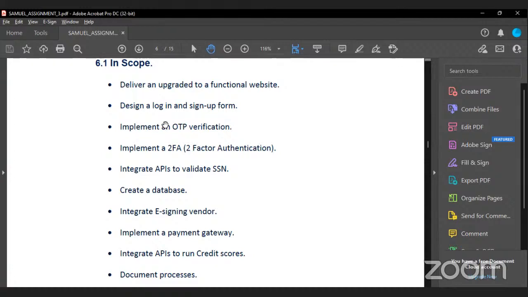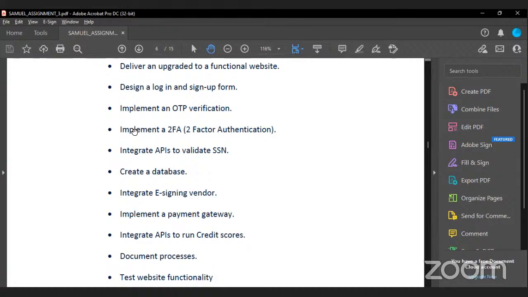We would implement an OTP verification. So this is just an on-the-phone verification where after they've signed in or signed up to the borrower's portal, they receive a 4-digit PIN, whereby they could just enter it into the form or the API that they will receive to verify themselves as the right clients of the loan funding system.